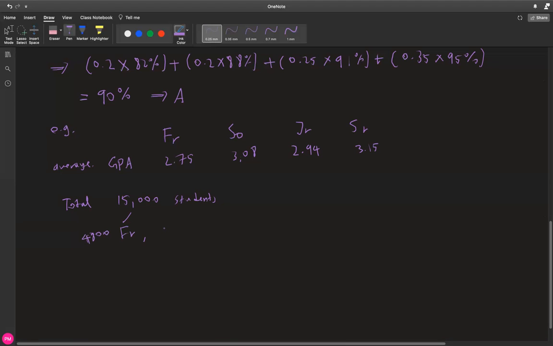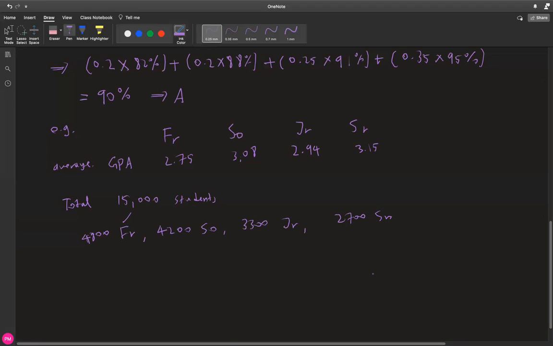You have 4,200 sophomores, and let's say you have 3,300 juniors, and lastly you have 2,700 seniors. These are all just made up numbers. So simply put, out of 15,000 students, 4,800 of them are freshmen, 4,200 of them are sophomores, and junior and senior, and so on and so forth.